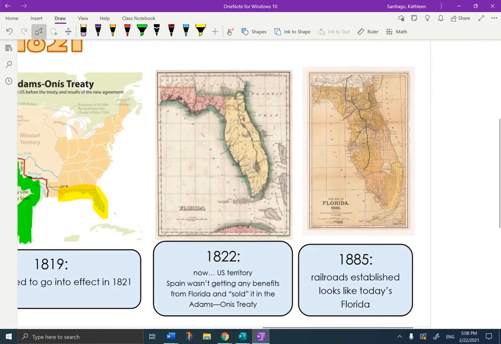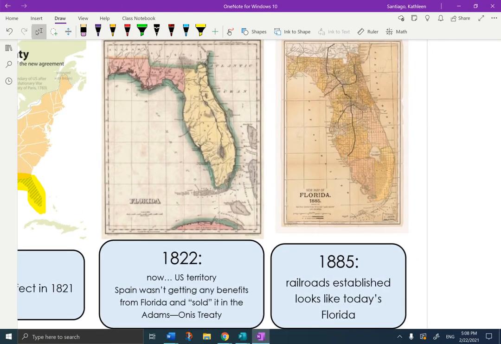And 1885, now we have Florida that looks like the Florida we're familiar with. Railroads were established, and part of one thing that happened here, up here, St. Augustine, you can see the railroad lines running. A lot of that was from Henry Flagler, who you will hear about in the video on St. Augustine. So big Spanish spots at this time, 1885. In the 1960s, we have Miami, that is Cuban American, and Keys.